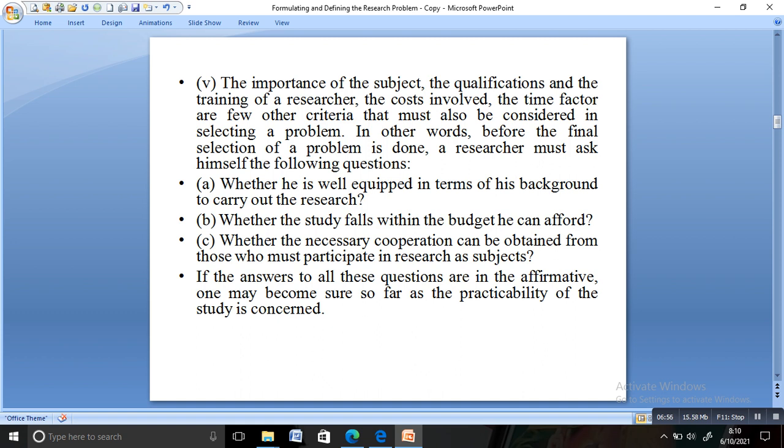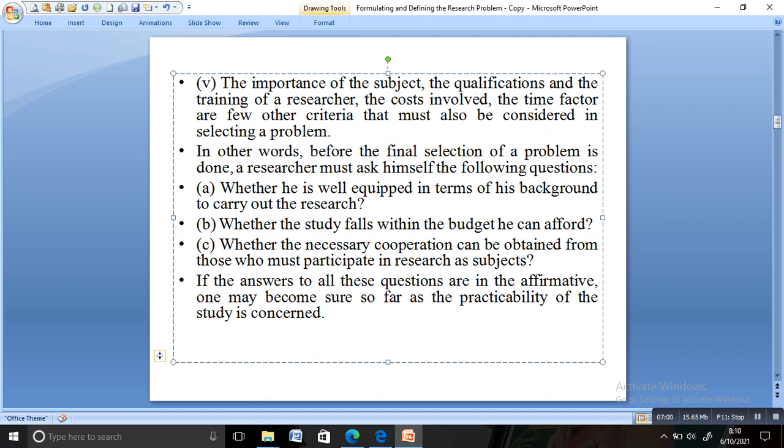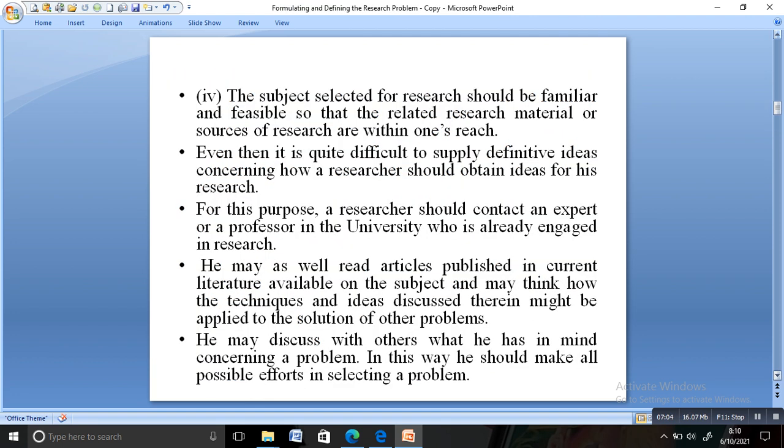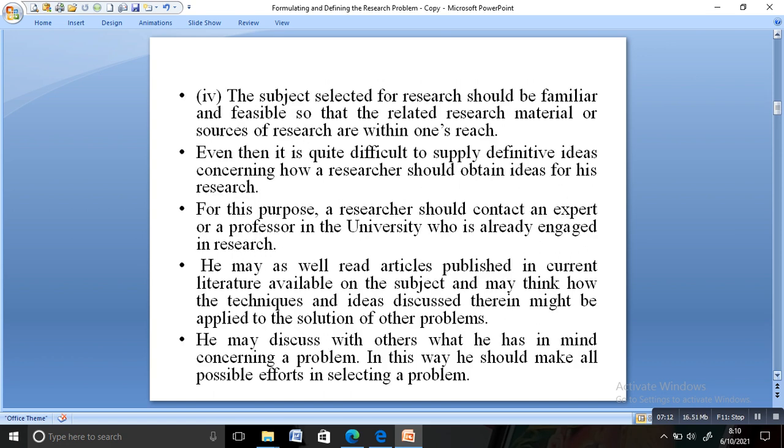Okay, so while you are selecting the research problem, you should not take a subject which is overdone, you should not take a controversial subject, you should not take too narrow or too vague problems. The subject should be very familiar and feasible, so that you can do the research in a very clear manner. For this you can discuss with the researcher, you can read the articles and discuss, you can think of yourself, and you should think of the